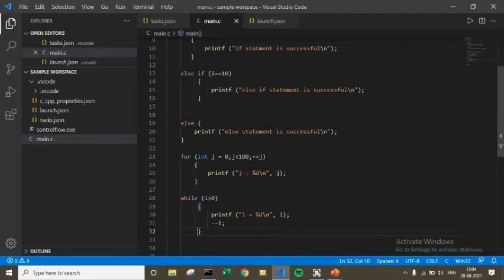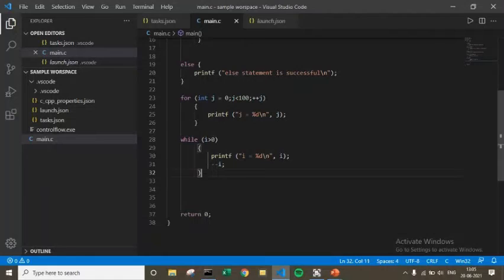So now, just a minute. Yeah, i is equal to 0, right? Now i is equal to 0.